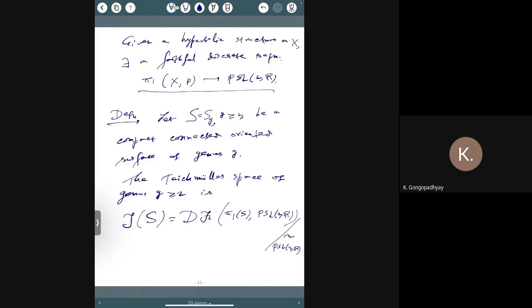Okay, so the genus G Teichmuller space is the set of discrete faithful